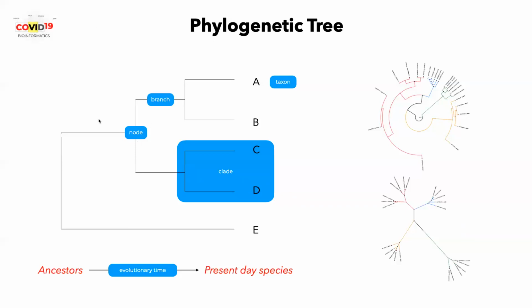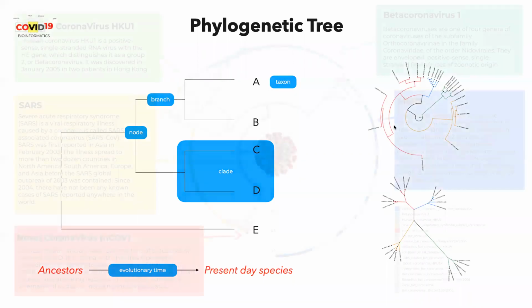These same phylogenetic trees could be rectangular, circular, radial, so they can have multiple versions, but they all speak about the same thing. They talk about the relationship, and they might include some kind of distance. So let's take a look at an analysis of a bunch of these different coronaviruses